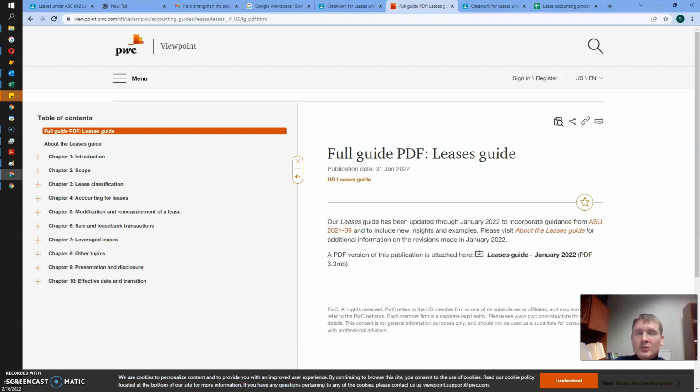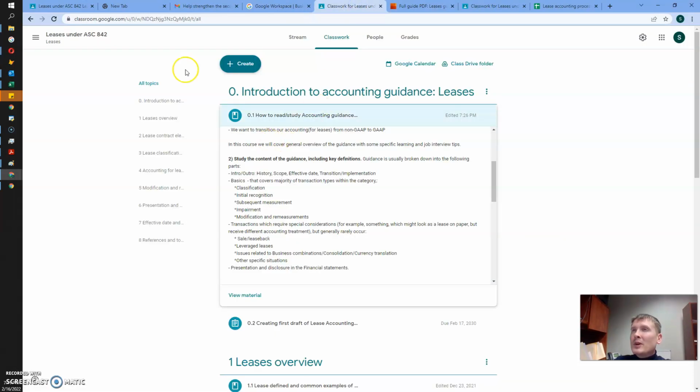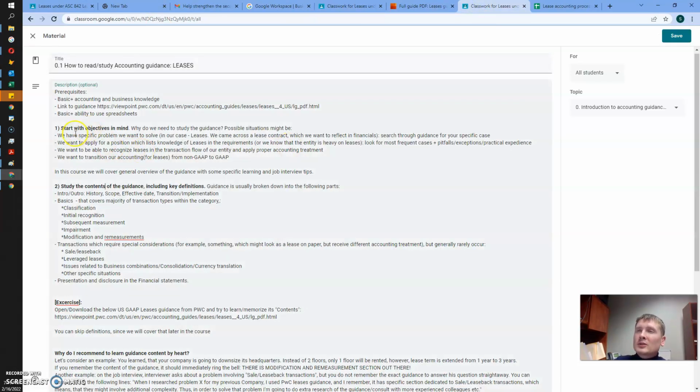First of all, we need to understand what our goals are. Why do we want to know about leases? That could be a situation when we already have some accounting knowledge and we came across some lease contract and we want to reflect it properly. Let me go back to the course. Okay, then we might